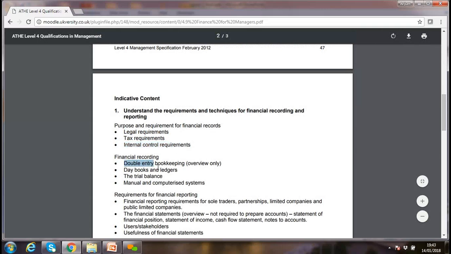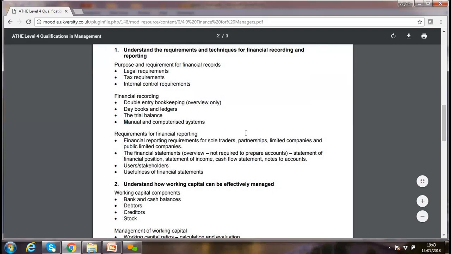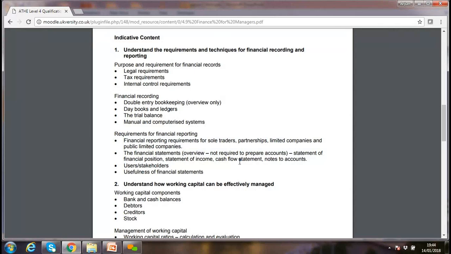We'll go through a bit of an overview of double entry bookkeeping, and discuss the trial balance, what is meant by it, and a little about software and computerized accounting, manual versus computerized, and the difference between them. And we'll discuss stakeholders. Normally in accounts we prepare financial